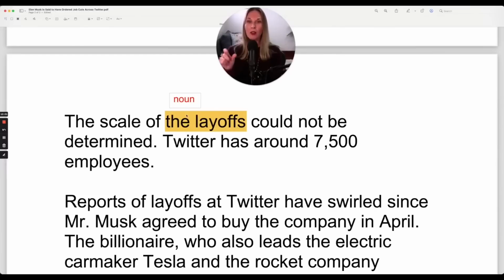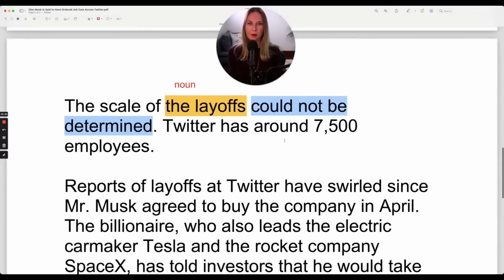The scale of the layoffs. So we're just talking about the layoffs. So those are the positions that are permanently eliminated because of operational reasons. And the scale is just talking about how big is it? Is it big? Is it small? That would be the scale. And they're saying it could not be determined, which is a formal way of saying they don't know. They don't know what the scale is. So will there be a lot of layoffs, a lot of cuts, or a small number of layoffs, a small